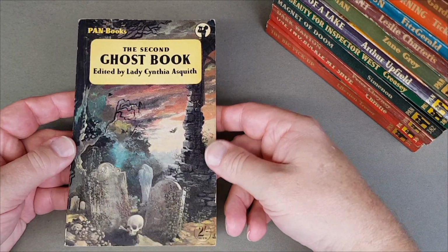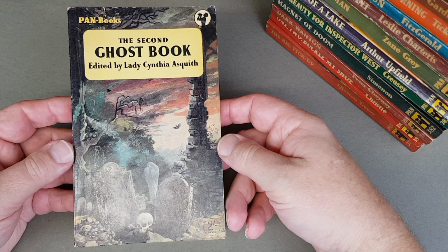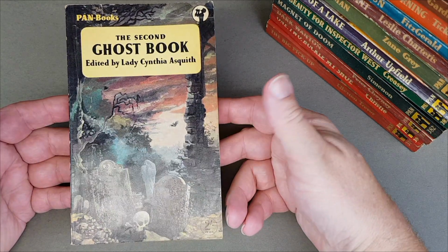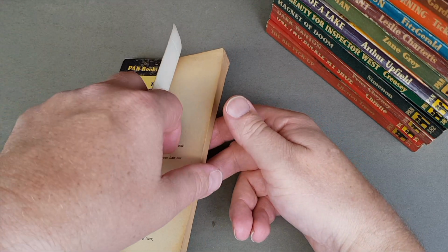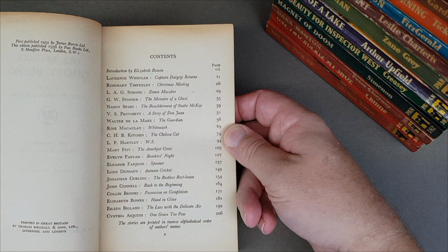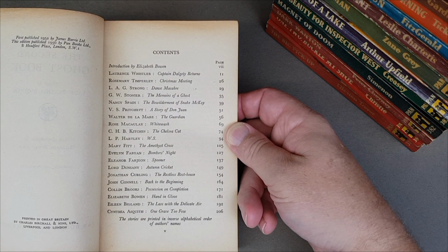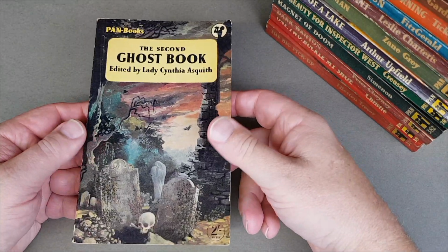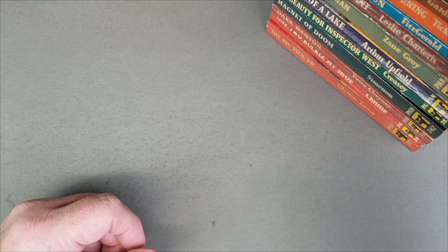Another great one, also one of my all-time favourites, the second Ghost book, Cynthia Asquith. Look at that, what an evocative cover. It looks like a ghost story, doesn't it? It really does. Nice big list. I do love those sorts of anthologies. I'd never have time to read a full-on ghost story as a full novel, but short stories, anthologies,